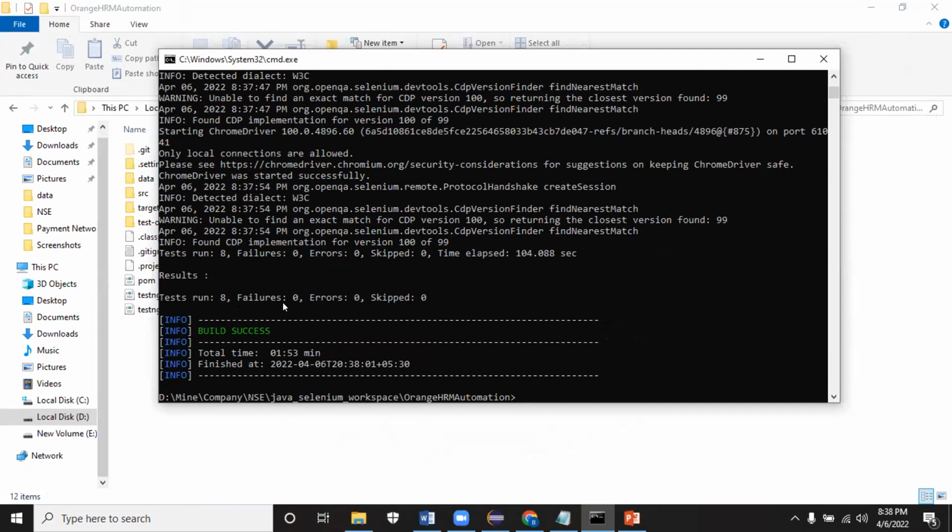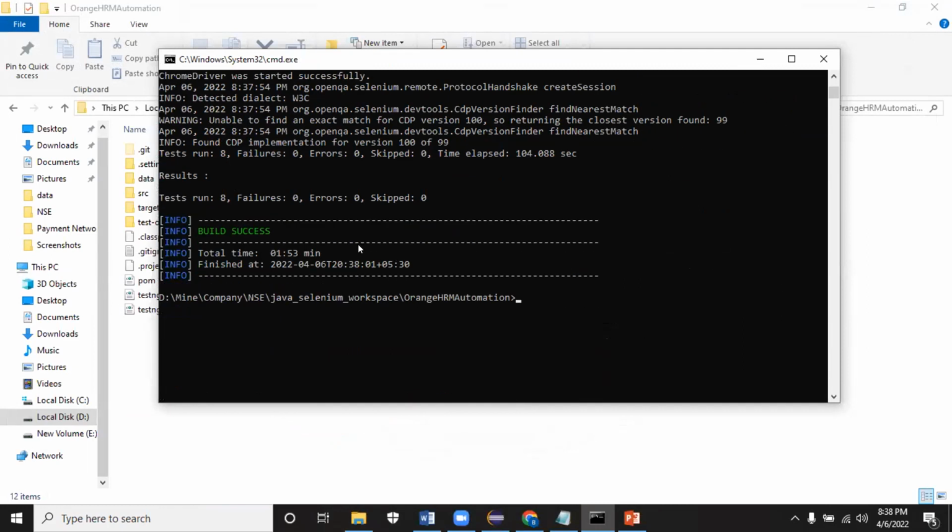You can see 8 test cases, all are pass. The application is working fine, so everything is pass.